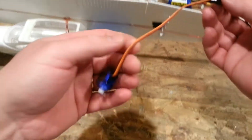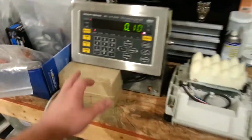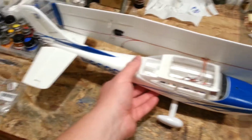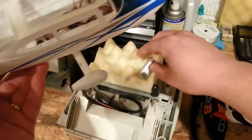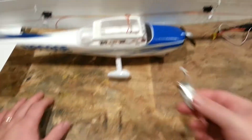In the proof of concept video, I was talking about how I wanted to take out these pins to mitigate some of the weight that we're going to be adding to the plane. Because right now we're up to about 11 grams. It's just kind of a lot, given the empty flying weight, this airplane weighs about 102 grams. Now, add into that a 2S lipo, and you're up to about 118 grams. So you're adding about 10% of the weight, or not quite 10%,